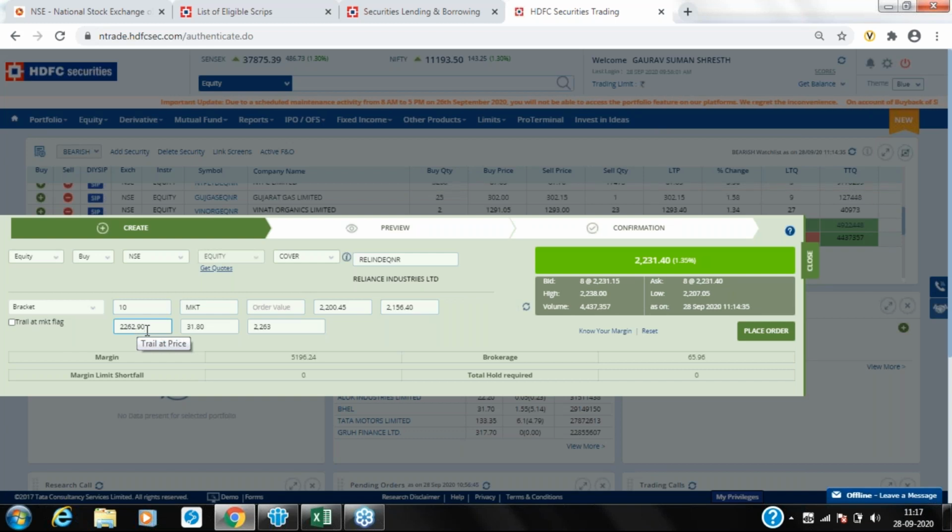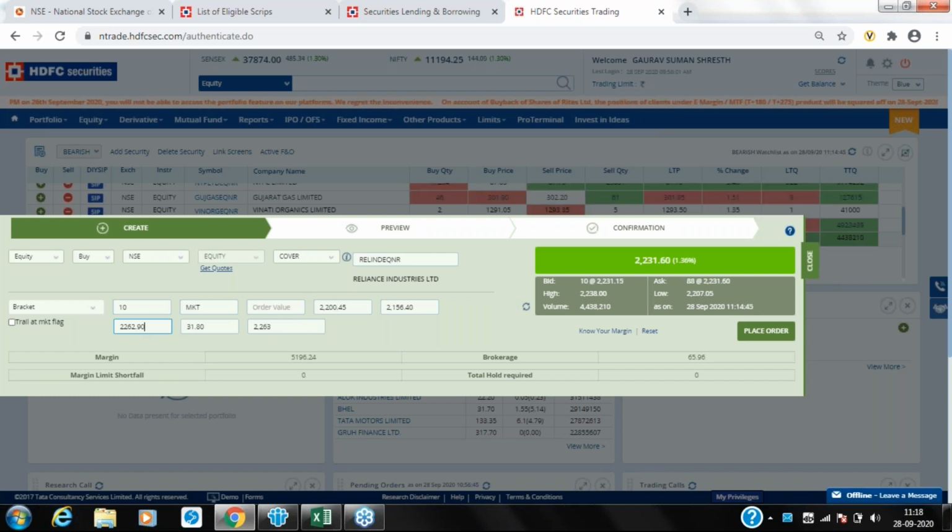To explain in simple words, a stop loss is the price at which your stop loss will be trailing. You have a target price. Either one of them will get hit, and the other order will get automatically cancelled. If till 3 p.m. none of the orders get hit, then whatever the rate is at 3 p.m., at that rate the order will get squared off and both orders will get cancelled. Okay.